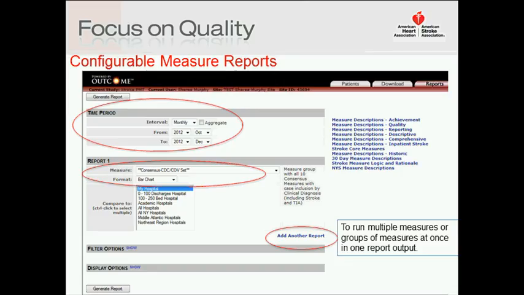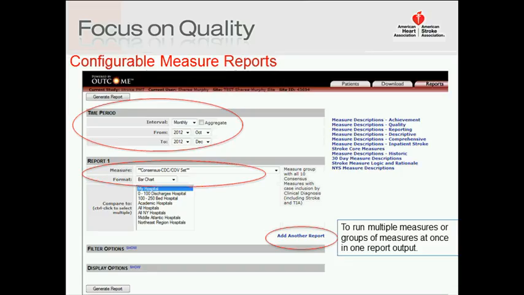So we have a tendency when we are running reports to just use the default settings that might appear when we first navigate from that report homepage into the configurable measure reports where we set up the parameters for the various reports that we're going to run. And those defaults are generally the recognition group for each module that you may be looking at in a bar chart format, with a monthly time interval. And sometimes we don't explore the other reporting options that can really help us to drill down into the data and also in some cases save us time as well.